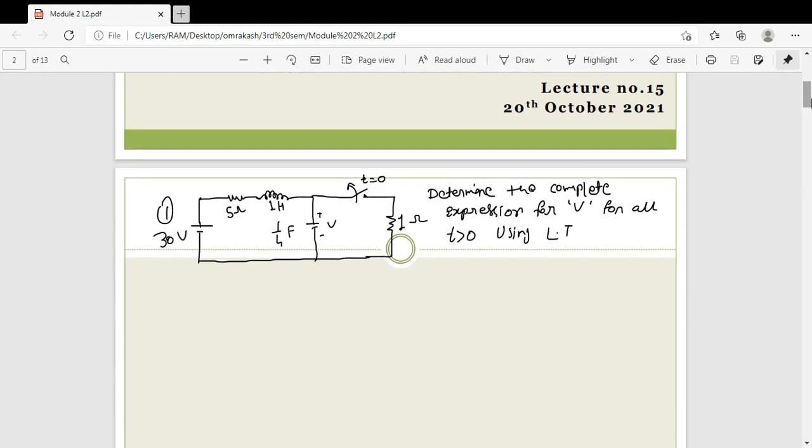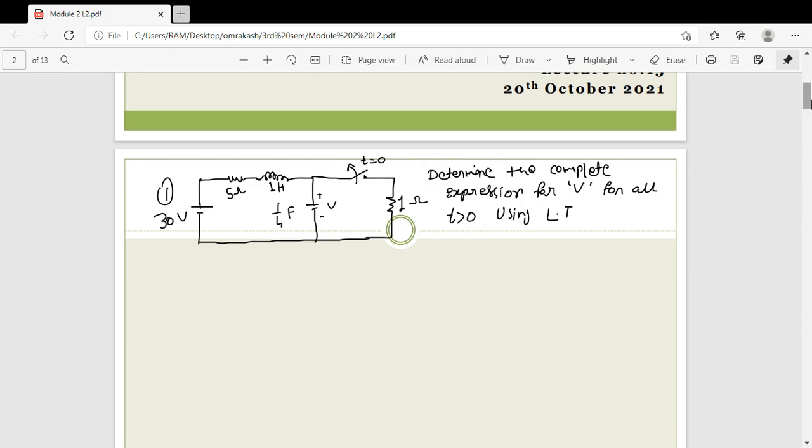I give you homework. Yes, I hope you try to solve it. If anyone solves it, then please tell me what you get for the expression of voltage for this question. Yes, did anyone try to solve it?